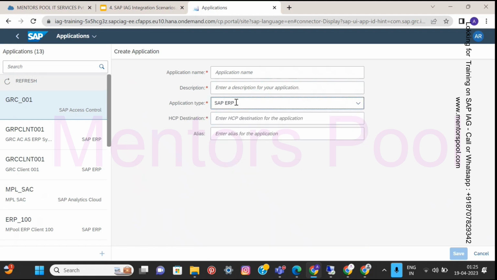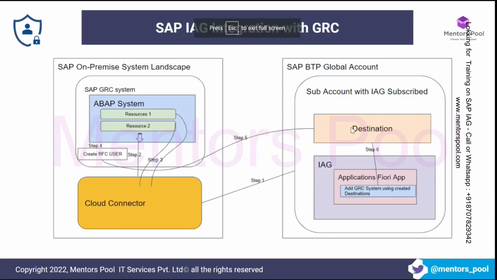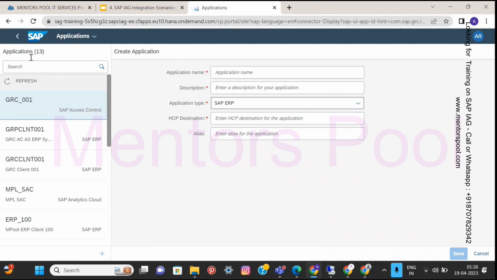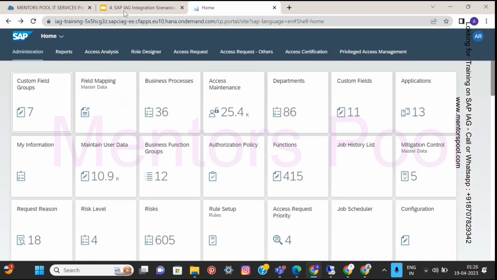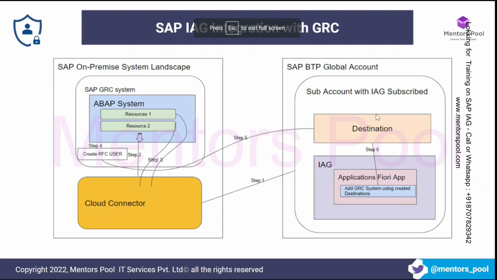As soon as we select SAP ERP, it says to provide a destination, and this is the destination which we have created here. This will get utilized and the system will be added in our IAG. Now it will be ready to fetch data from these places. We have some different jobs within IAG which will be utilized to fetch data from any on-premise application which has been integrated. So this is, overall, what I wanted you to understand at a very high level in our diagram